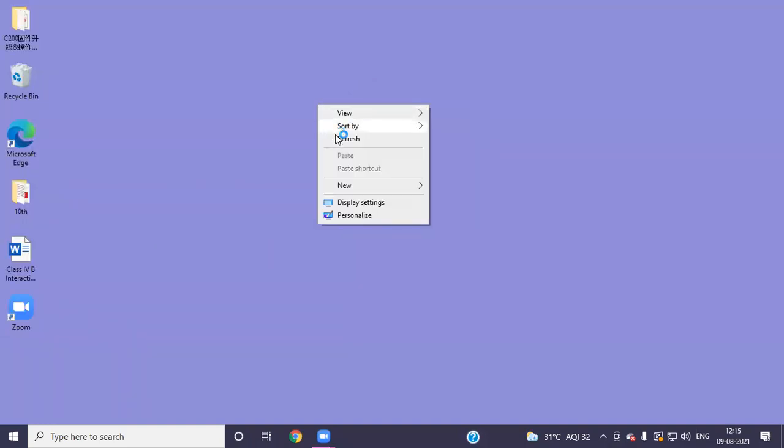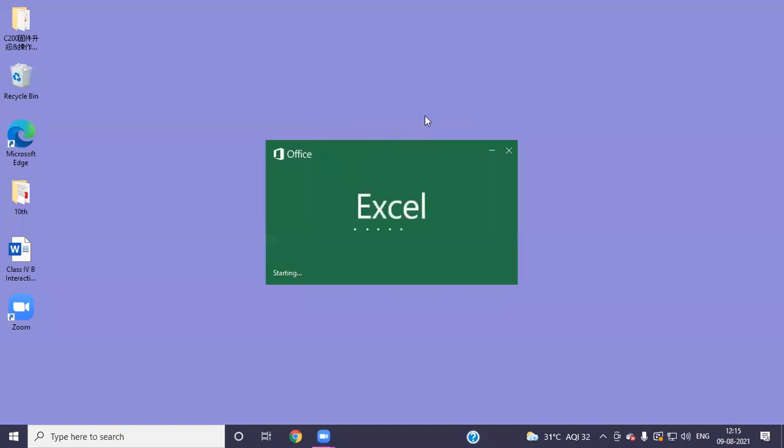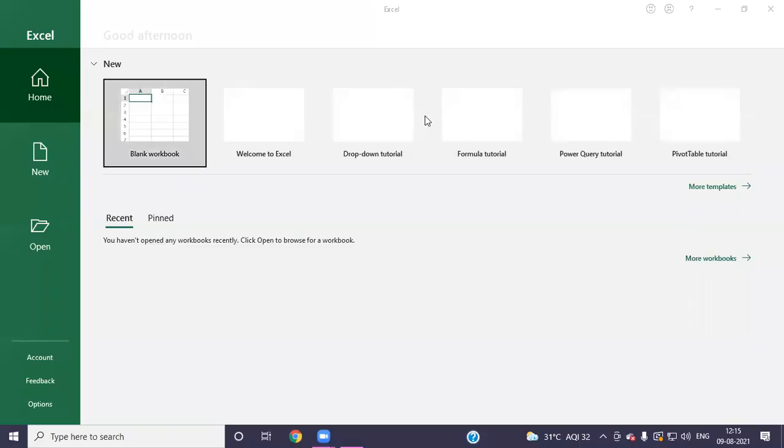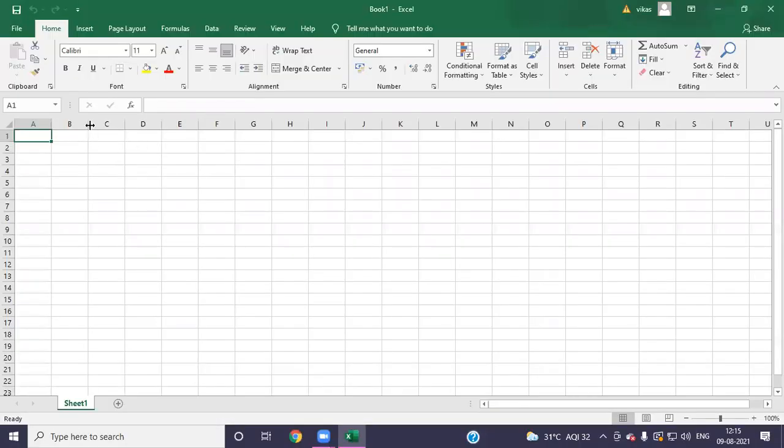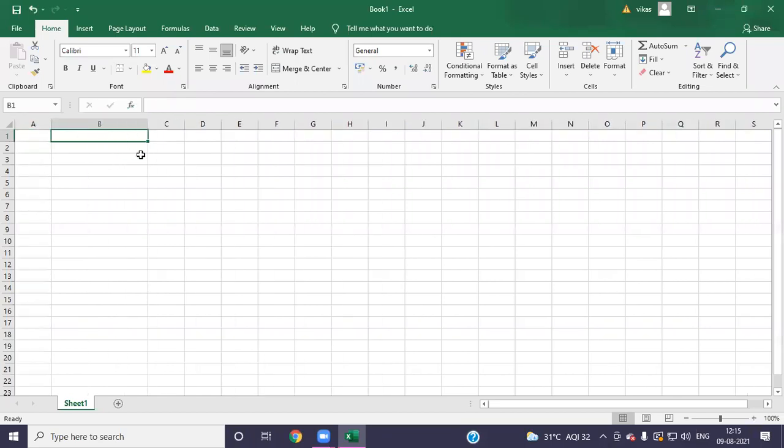So conditional formatting means on the basis of some conditions, I want to show different colors. For example, suppose here I am writing marks. Those who are below 40, including 40, it has to come into the red color.